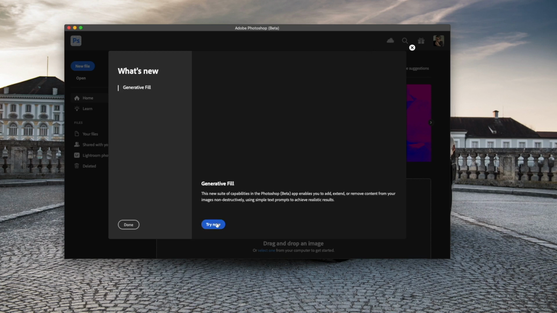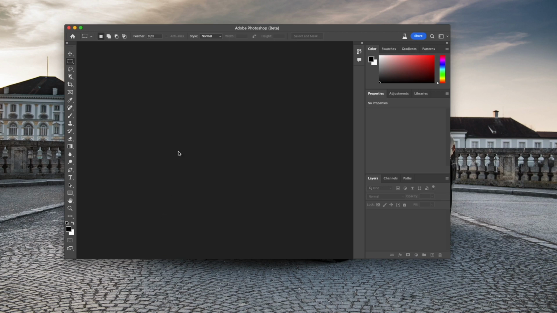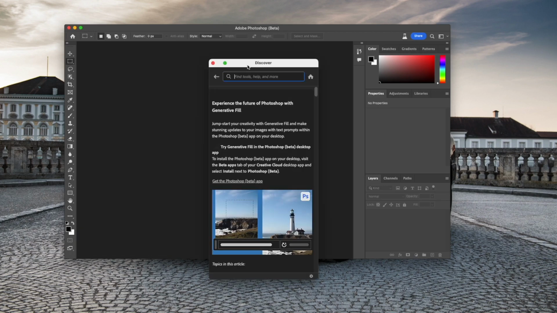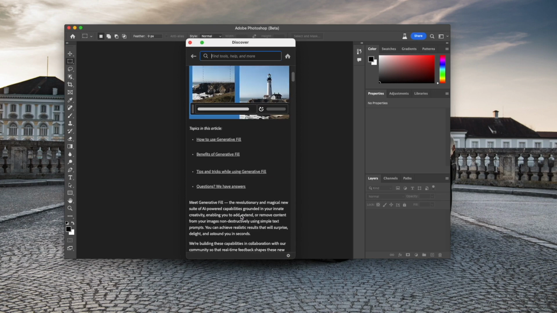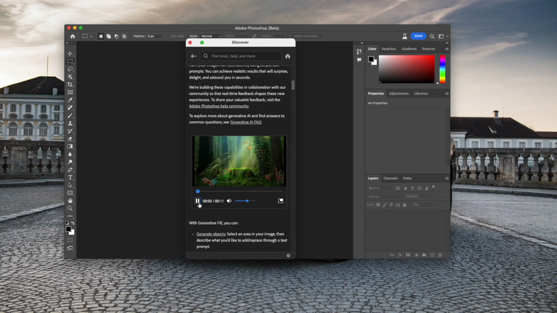Okay, generative fill, try now. Okay, it's showing me how this actually works. I do have a bit of an idea how it kind of works. It's very simple, it is, but